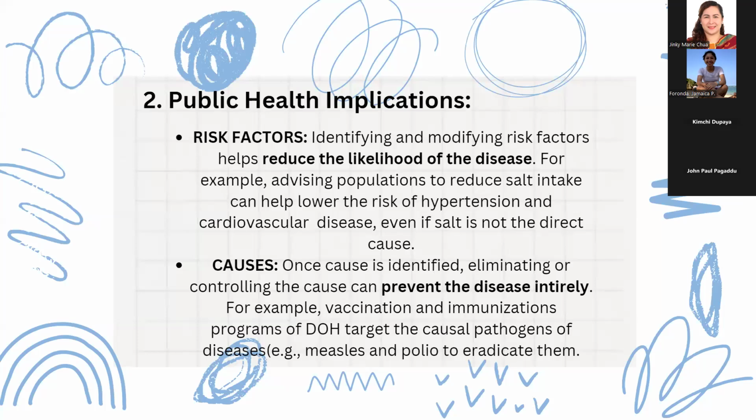Example po nito is yung mga vaccination and immunization programs of DOH targeted at the causal pathogens of disease, for example measles and polio, to eradicate them. Mukhang effective naman po ito kasi based on the status ng measles natin and polio, mukhang bumababa na po at nagiging effective po. Next po,